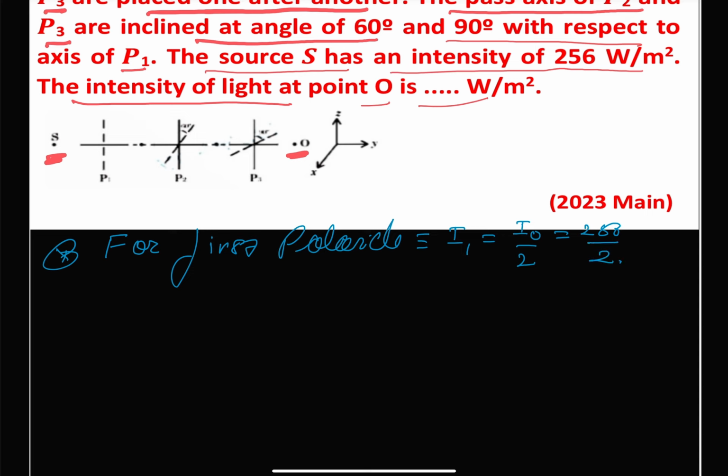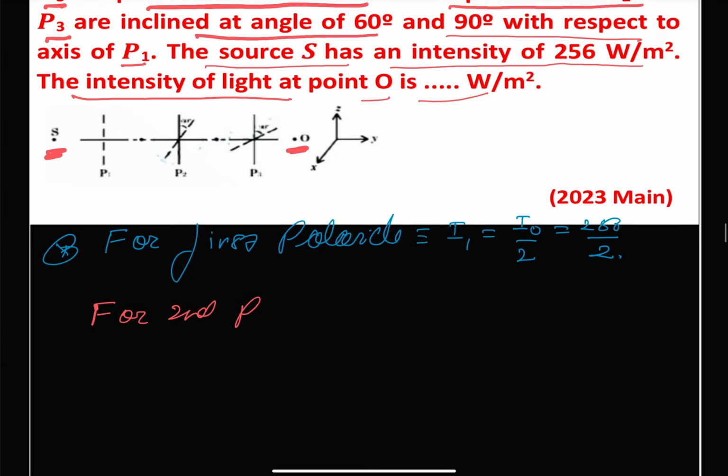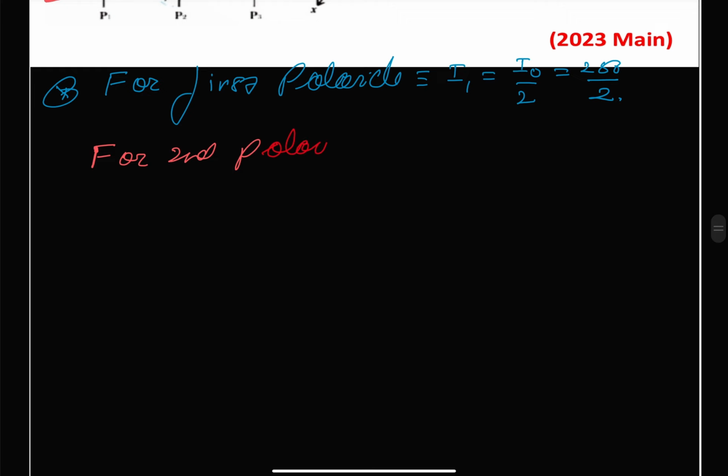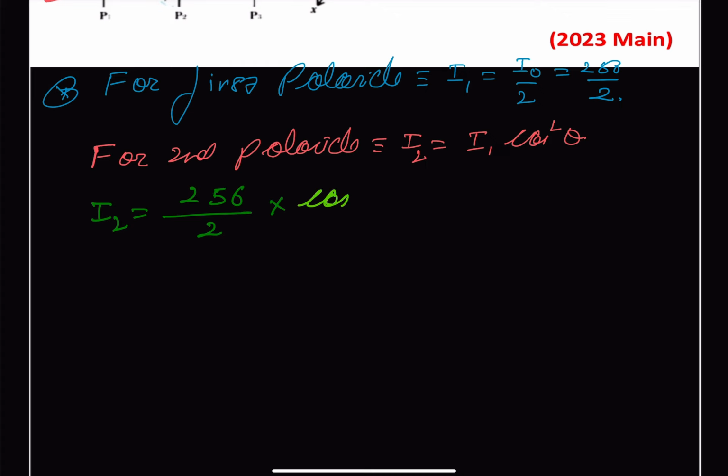And for second polaroid, if output is given as I2, then this will be equal to I1 times cos square theta, and for the theta here is 45 degree, therefore we can write that our I2 will be equal to I1 is 256 divided by 2, and we have cos square of 45,